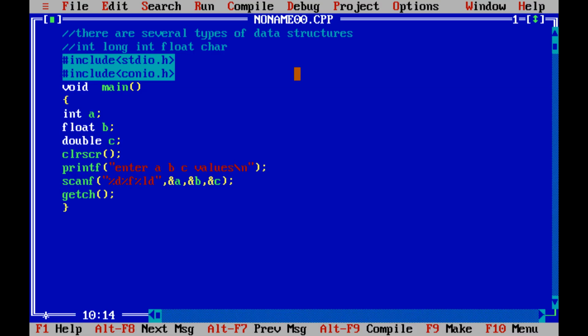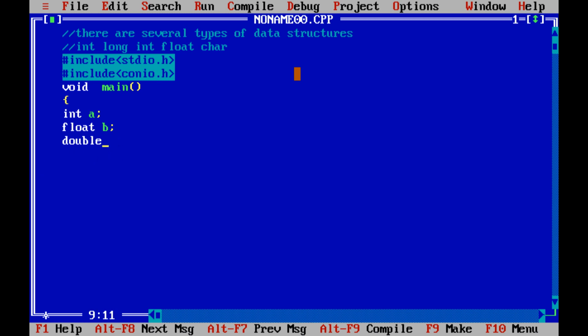Now we'll discuss different types of operators. Operators are the things which you have been studying from your school days. For example, addition, subtraction, multiplication, division, and modulo division. We need to take two numbers for specifying these operators.